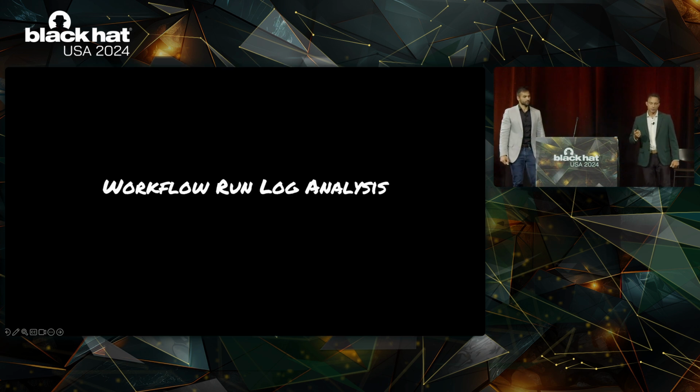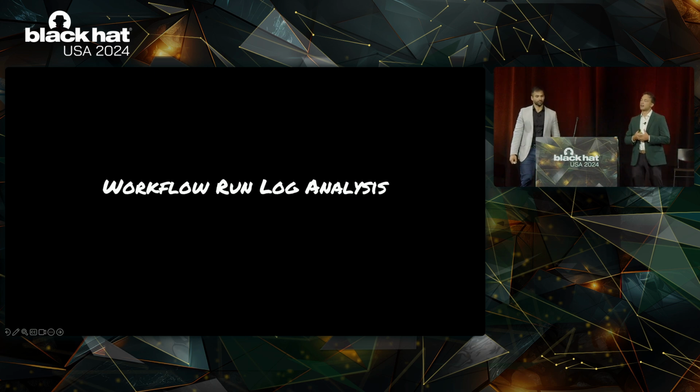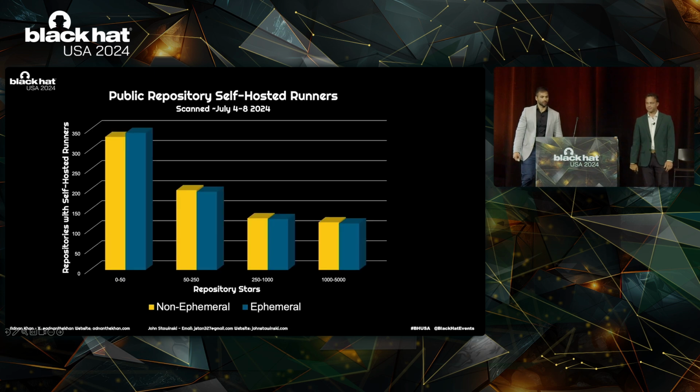When we teamed up, the first step was identifying self-hosted runners on public repos at scale. And to do that, we used workflow run log analysis. So this slide captures some metrics taken back in the beginning of July on how many public repositories right now use either ephemeral or non-ephemeral self-hosted runners. So this number has gone down a bit since we first started our research. This is due in part to GitHub releasing a broader assortment of hosted runners, such as Mac M1 runners, where previously organizations had to have a self-hosted runner if they wanted to run integration tests on, say, an M1 Mac.